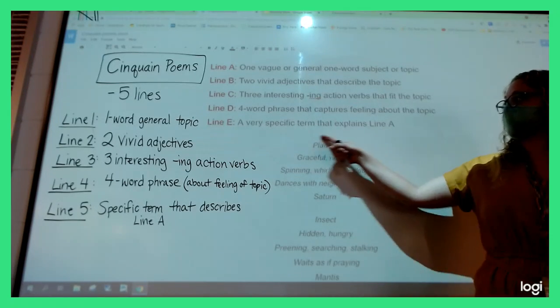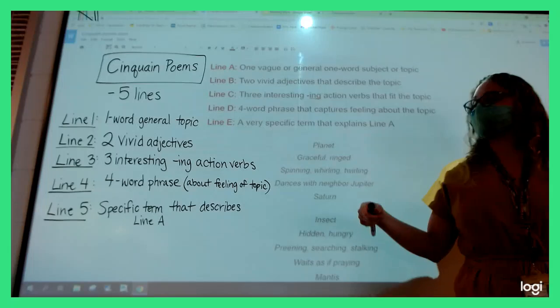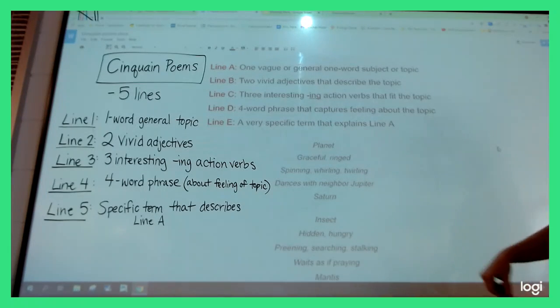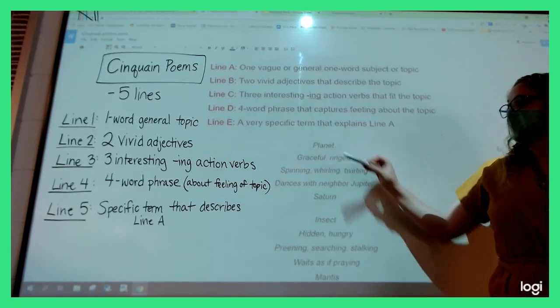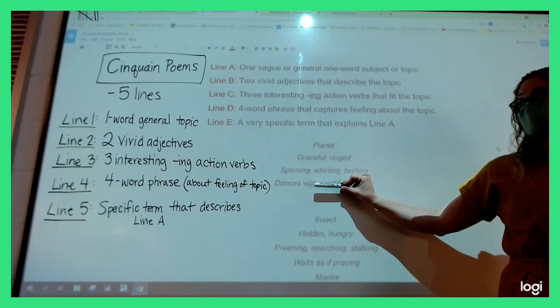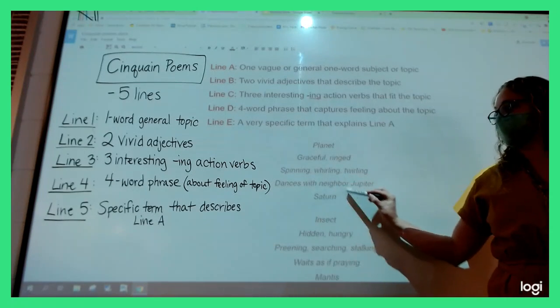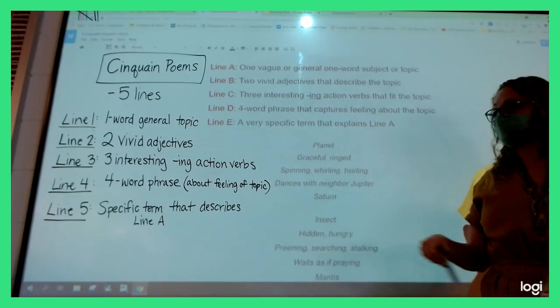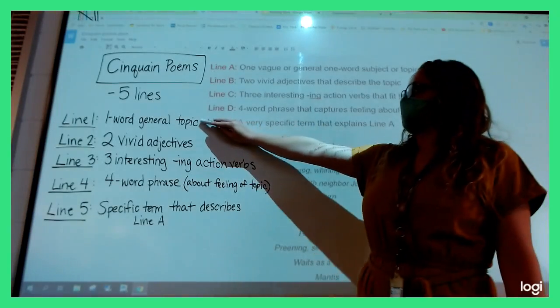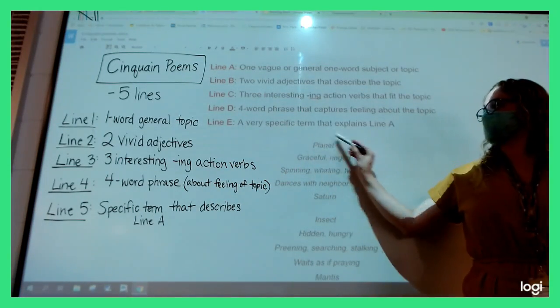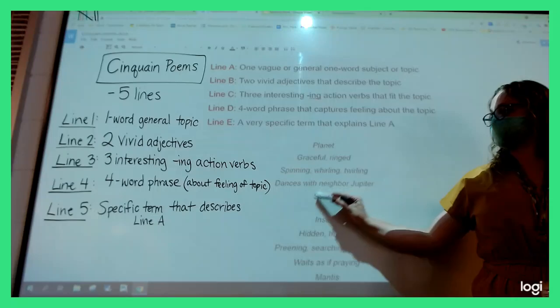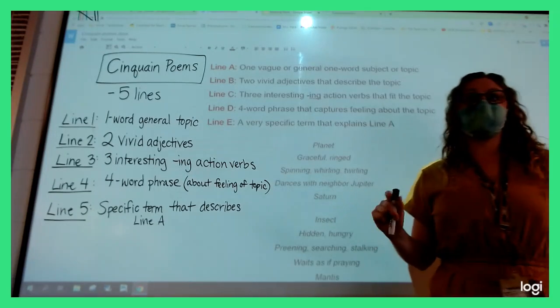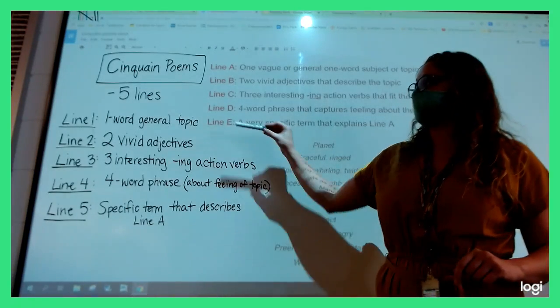So we want to make sure our general word's up top. So if my topic was animals, I could put animals up here. I could describe all about one type of animal and put what animal I chose at the bottom, okay? So right now, just remember the general topics at the top, the really specific topics at the bottom, and we're going to practice writing one in a minute. Let me finish going through the other lines.